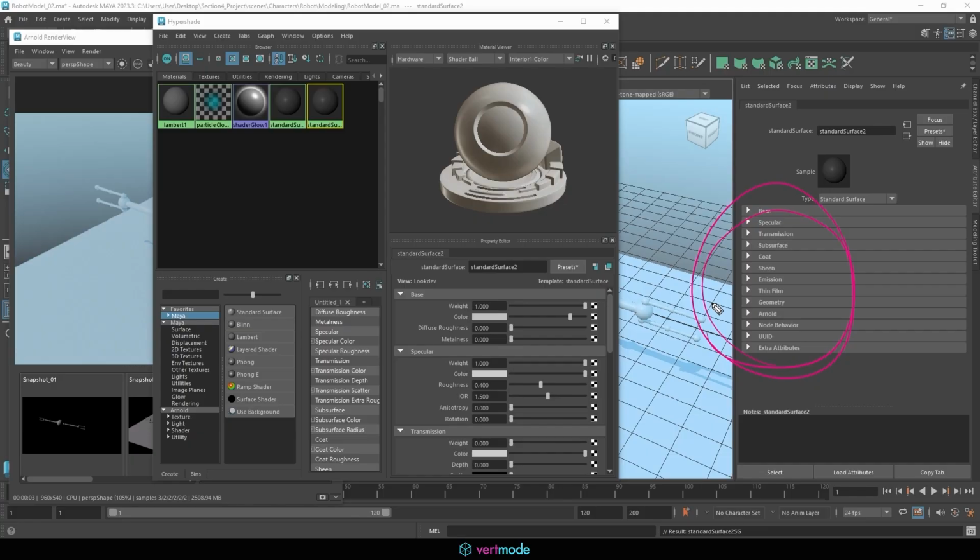If you go into the Arnold section, you might notice that there are some very specific shaders like a skin shader, a car paint shader, and that's how things were in the past. You would have very specific shaders for a very specific task. But with the standard surface shader, nowadays we have the ability to really manipulate things and control them with a